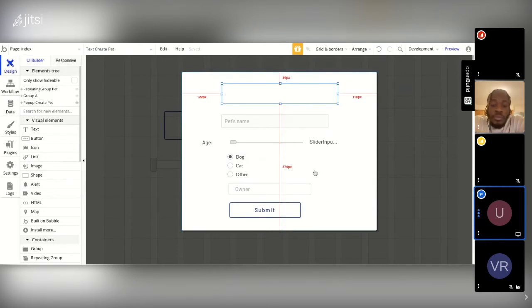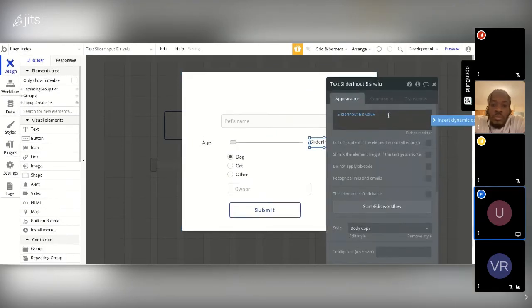Okay. And remember, I wanted to show you this dynamic input for the slider. So remember what I said, this slider itself will not show you the pet's age as you slide it up and down. So we had to define this text using this dynamic content of the slider's value. So I just want to test whether that works. So new pet, and you see the 0, and as you move the slider, the age changes. So we know that works, and we know the radio button works,